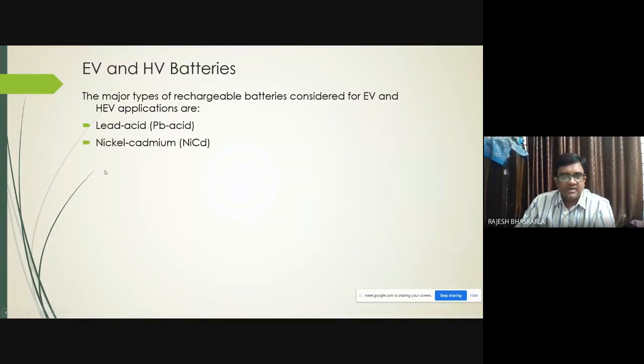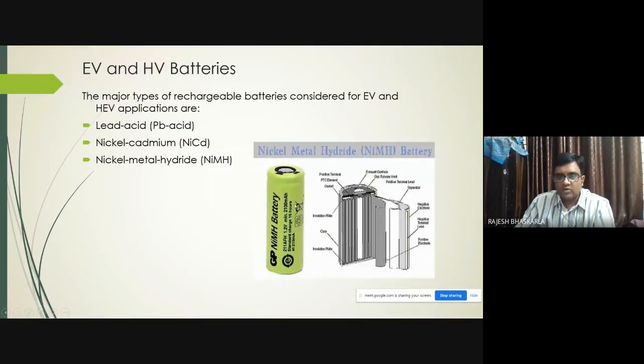And then we have nickel metal hydride batteries. These are also cylindrical in shape. You can observe that there are multiple cylinders: negative electrode, positive electrode, separator, and again negative electrode and positive electrode, then separator. So you have multiple cells inside a nickel metal hydride battery. Sometimes you will also have cells arranged one here, second here, third here, fourth here, fifth here, in series, in some nickel metal hydride batteries.